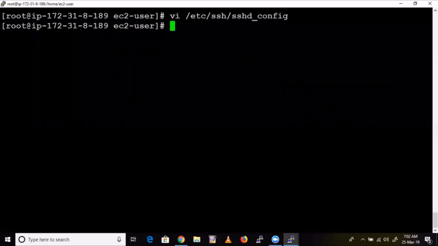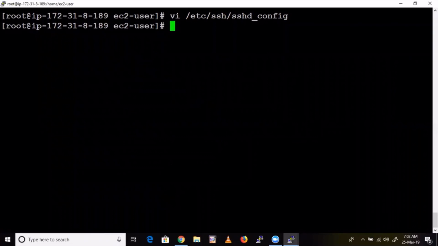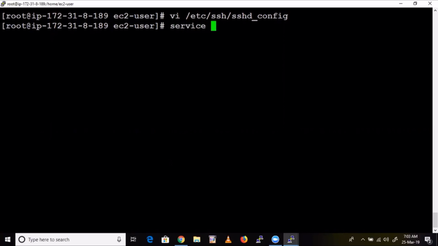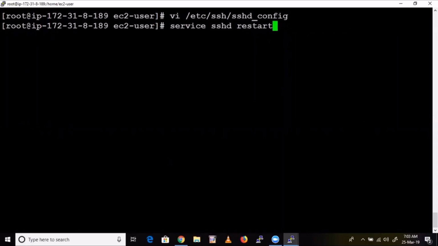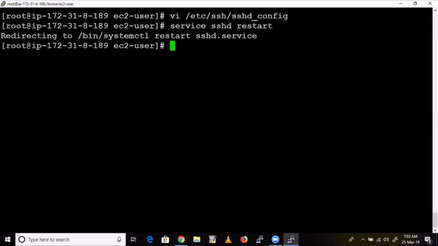Now we need to restart the service, guys. Then only these SSHD changes come into effect. Whatever modifications you did in that file will come into effect after restarting the service. I'll show the command. To start the service, the command is service sshd. Right now it is running already, but we have modified the file, right? So we need to restart this service. service sshd restart. Yes. Now onwards, whatever modifications you did will come into effect.